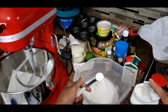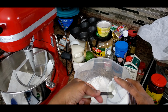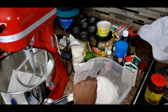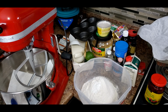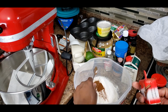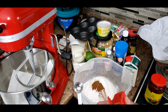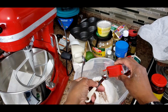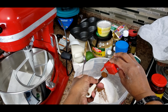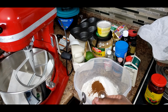But sometimes you can just estimate. Just dust it off on the top, but by right, really, you should level it off, okay? So 2 teaspoons baking powder. And some people bake their cake with allspice, guys, but I don't think I'm gonna put the allspice. So 1.5 teaspoons of cinnamon powder, 1/2 teaspoon of